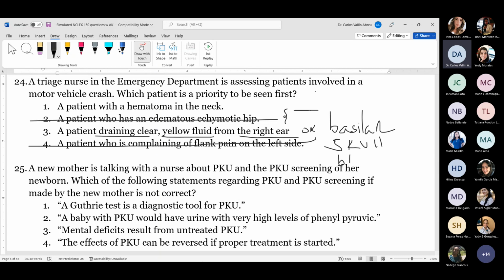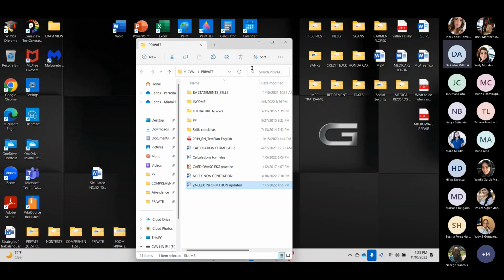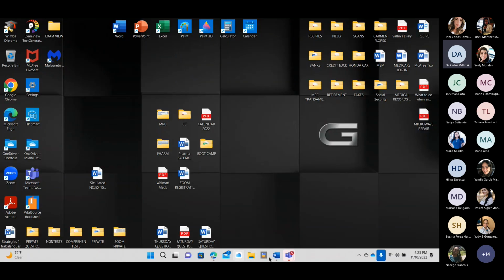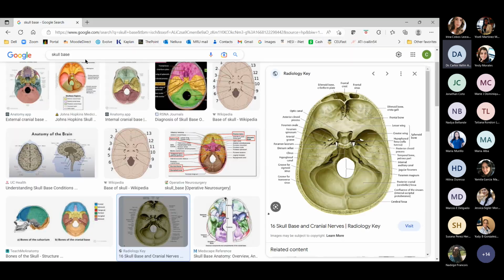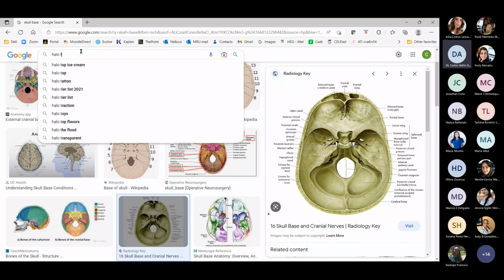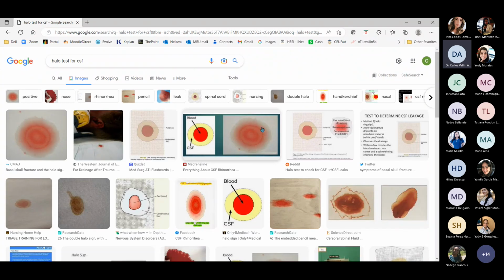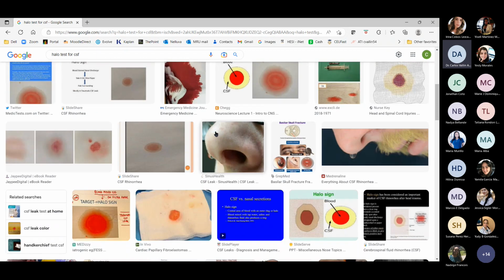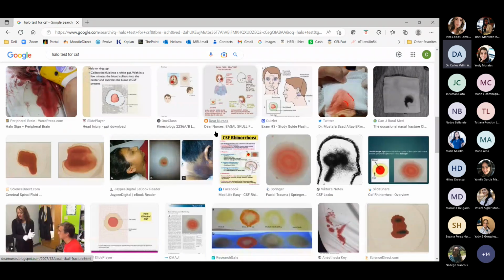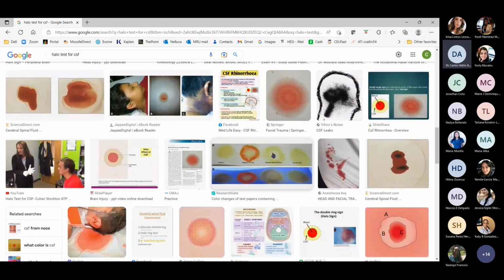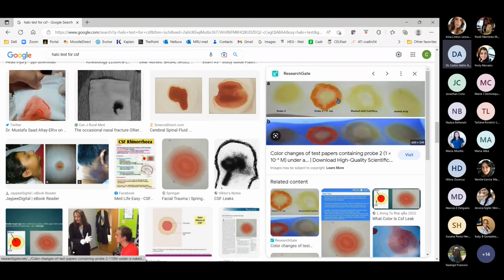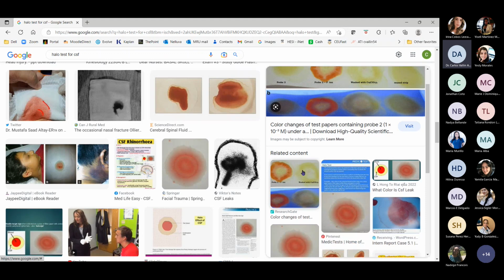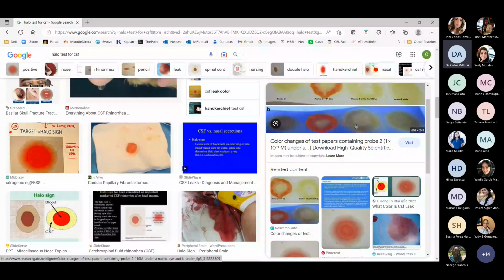The halo test simply is to make a drop. Let me see, I can find a picture here, the halo test for spinal fluid. I have in my PowerPoints a real one that is very good. So you are going to see that when you make a drop